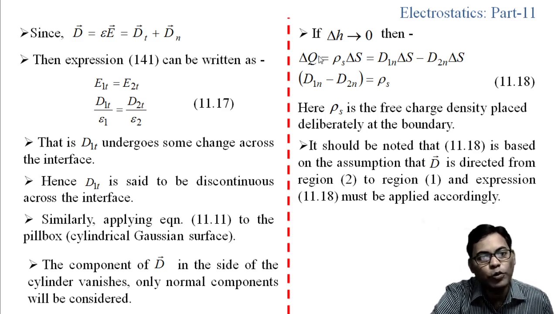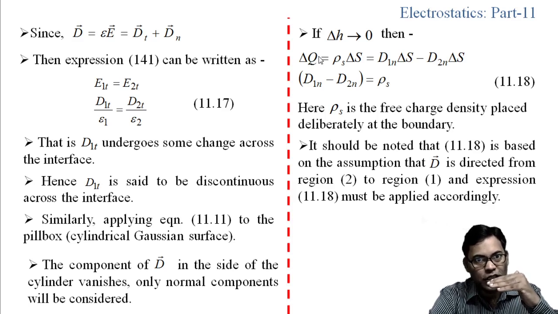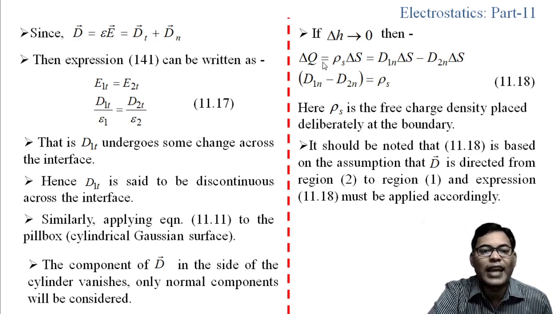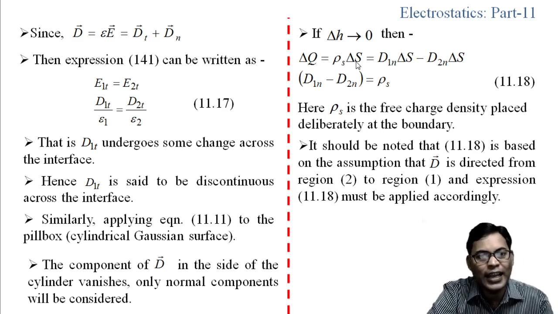So del q is the charge enclosed by the Gaussian surface, that is on the surface of the interface. We have considered the charge present at the interface, which is enclosed by the Gaussian surface, that is del q, and that can be written as surface charge density rho s into the area del s,